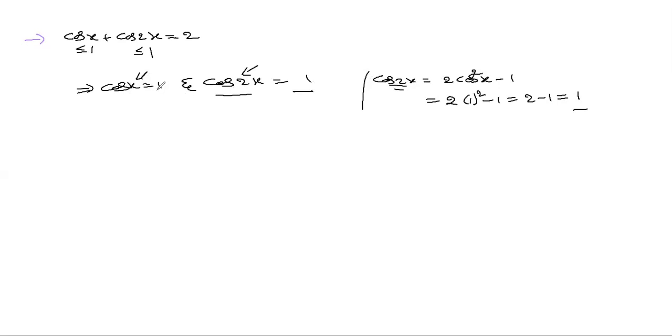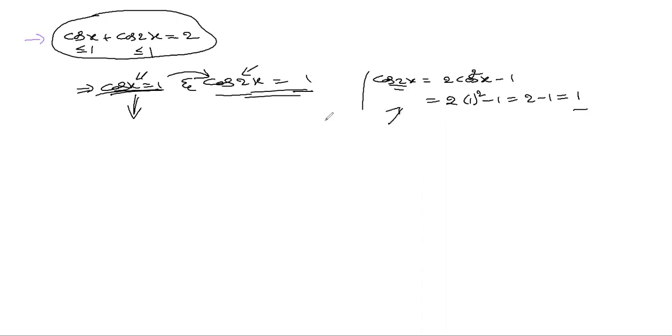So that is cos x equals 1, and cos 2x should also equal 1. This case satisfies exactly. So to solve this, it is enough to take this one. Why? Because whenever this is happening, this is automatically happening. That's why it is enough to take only cos x equals 1 and its general solution. That will be the general solution of the entire trigonometric equation. Whenever this is true, this also automatically becomes true.